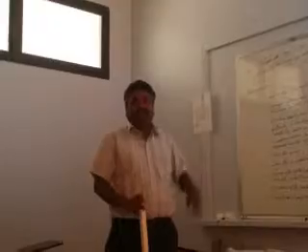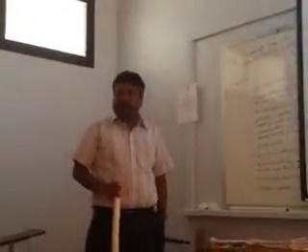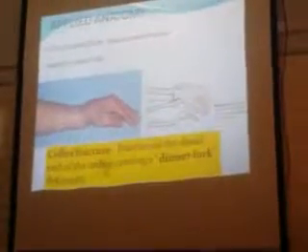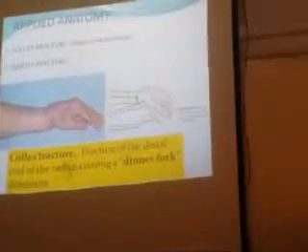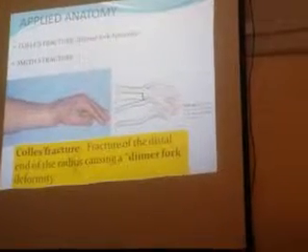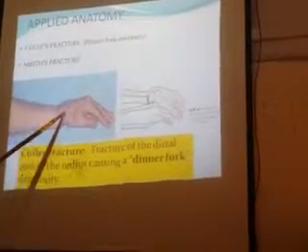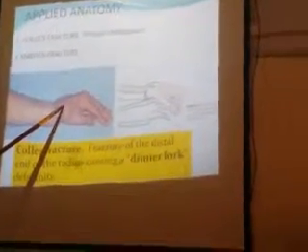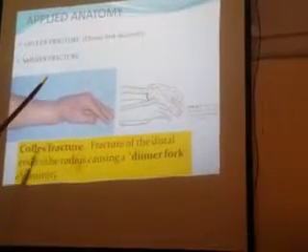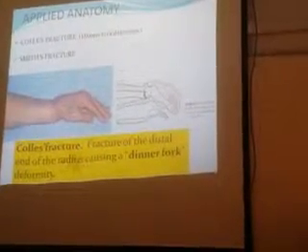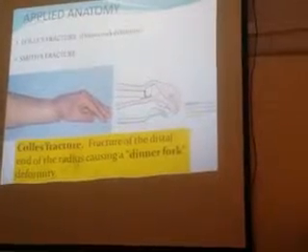As I already told you when I was explaining about the radius, do you remember the lower end of the radius? So I said Colles fracture. What is that? Commonest fracture of the radius, in old age people because of osteoporosis. That happens because of malunion, and usually it goes to deformity. The deformity is called the dinner fork deformity. And you have Smith's fracture when both the bones, the radius and ulna, are fractured.